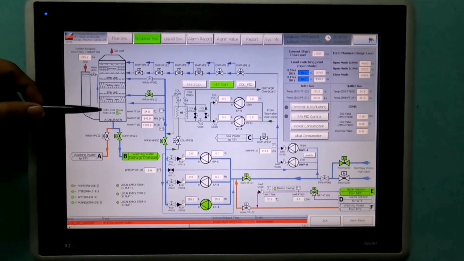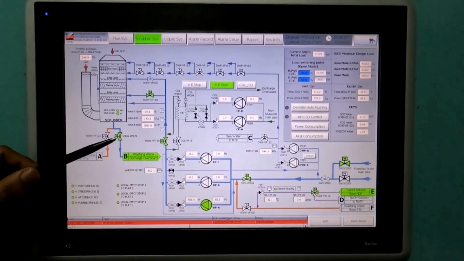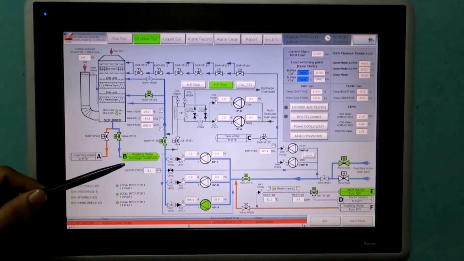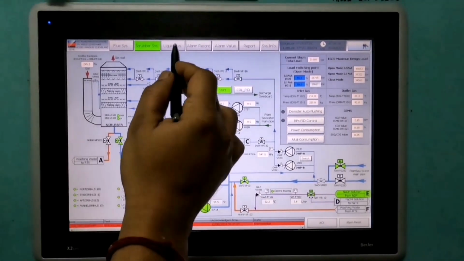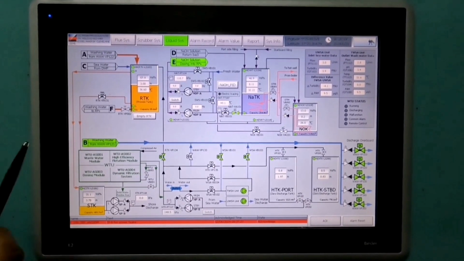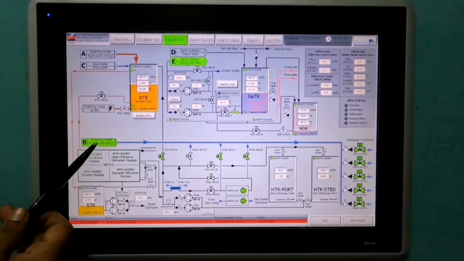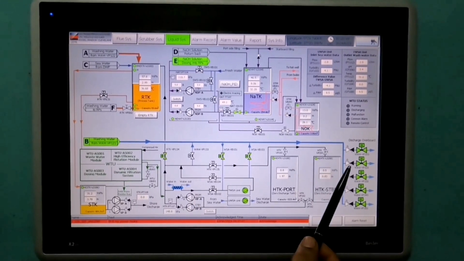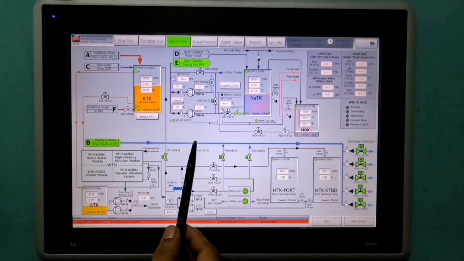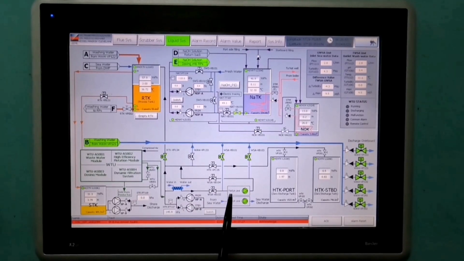After this, the water which is collected at the bottom of the scrubber is going overboard. This is named as B. So we will go to another page which has this section B. As you can see, this B, the washing water coming from the scrubber, having carbon and soot particles, is coming from here, and then it is going overboard. We have 5 overboard valves for this. And from the outlet line, we have a unit, the TWSA unit.